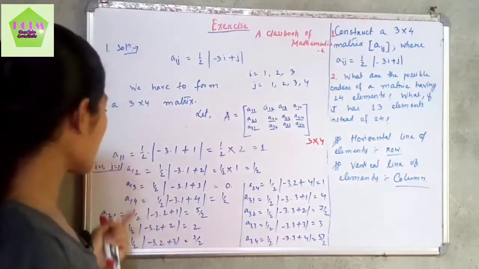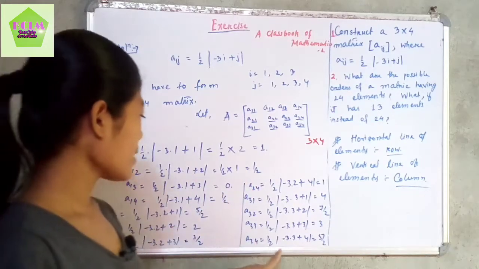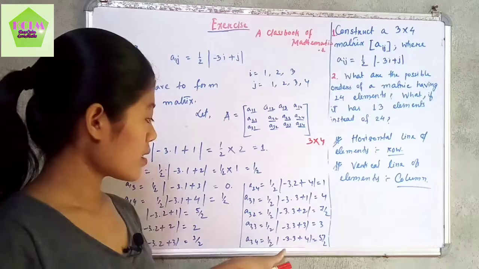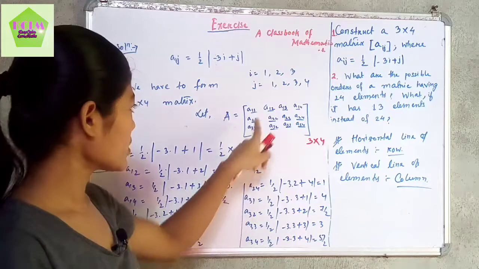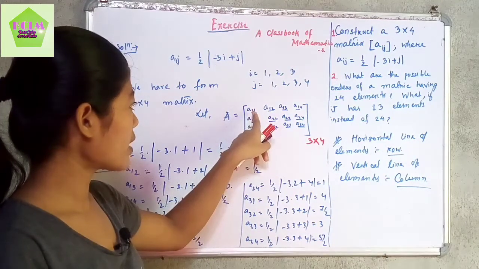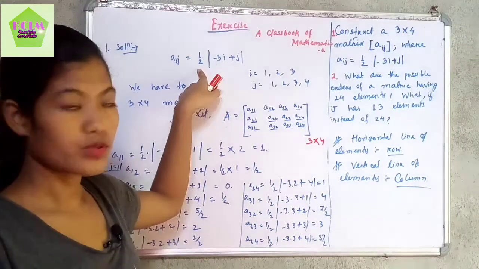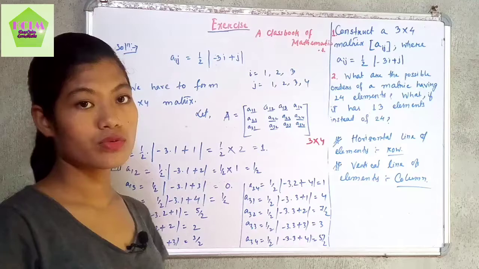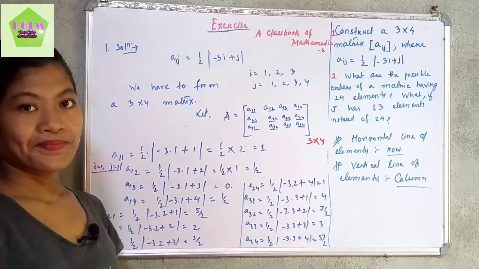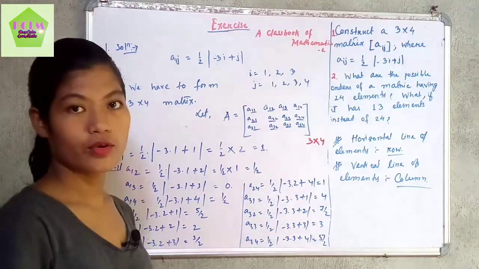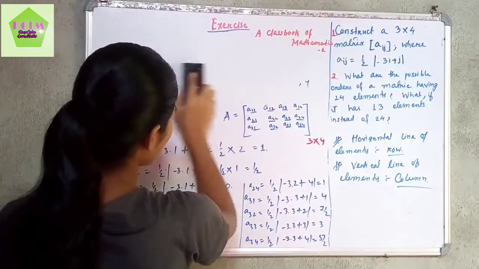Now a_12 equals half, a_13 equals 0, up to a_34 equals 5 by 2. I am just putting the values of i and j, because we know that the elements are from a_11 to a_34. So putting the i and j values in this given definition, we got the elements, and so the 3 by 4 matrix is now formed. Well, I hope you are understanding. Now the matrix will be